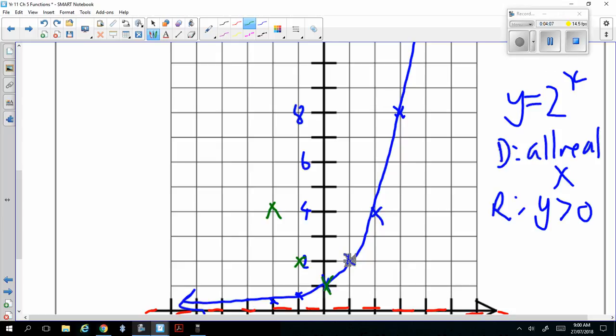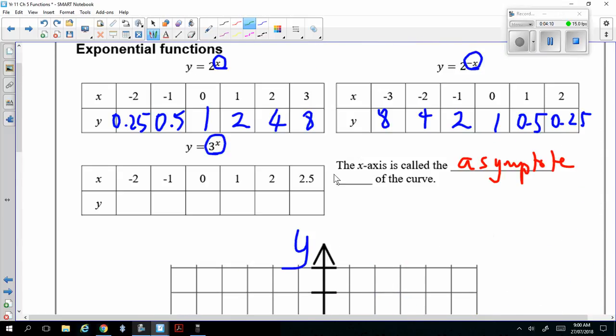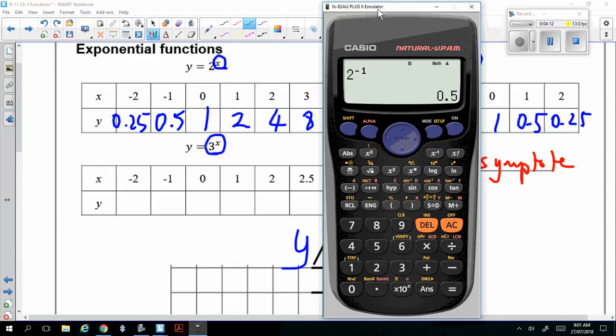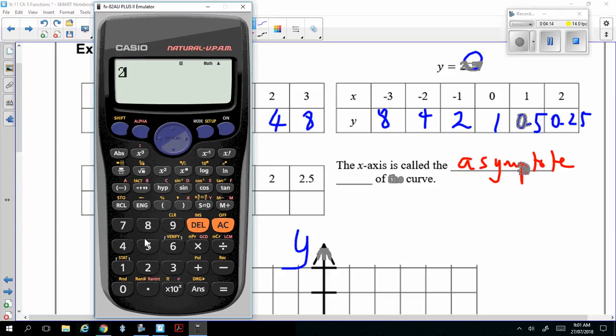Oh yeah, I should show that to you. Yep, that's no problem. So what you do is you press the button, you go 2 to the power of negative. It's always a negative, and then you substitute -3. So you write bracket -3. Okay, 8. Right, so there's a double negative, they cancel. That's why I end up getting 8. Alright, and same thing, once you do that, you just edit, put in -2, you get 4. And then substitute -1, you get 2. Right? But if you substitute 1, you get